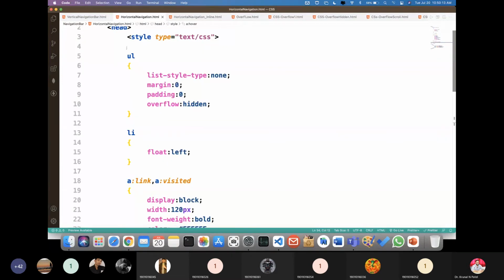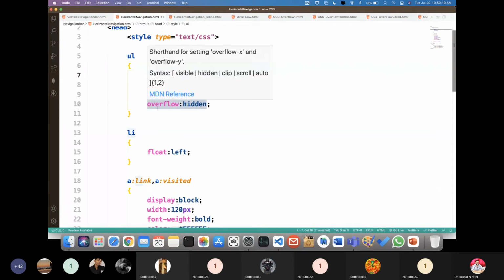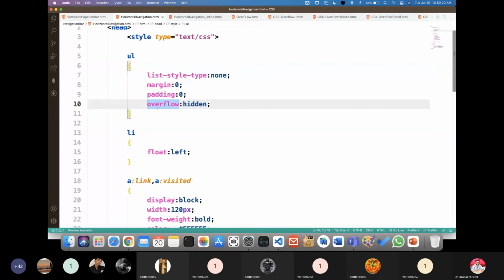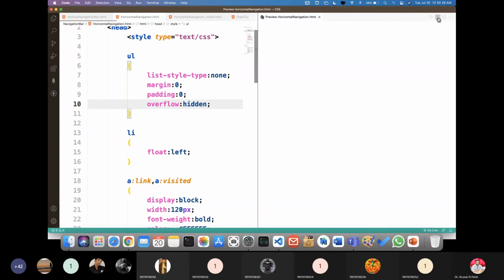Now, for the UL, here you can see that this is list style type none, margin and padding 0, overflow equal to hidden, right? So here I have set overflow equal to hidden. So suppose this is my horizontal bar, right? So when I mouse hover, it contains this area only, right? Suppose my text is bigger than this, then it will be hidden.